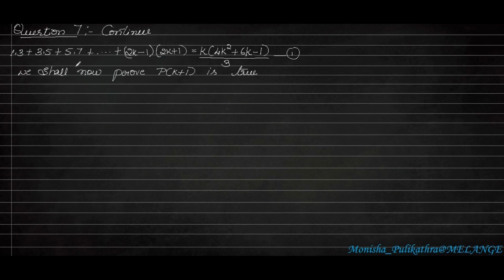So let us continue question 7. Equation 1 I have written one more time. Now we have to prove P of k plus 1 is true. If we take P of k plus 1 as true, then in the equation, by the consecutive terms, first we need to write this. So P of k plus 1, we have to write it as the next term. Before writing the next consecutive term, we have to write the first term so that we can equate the whole equation of it. So 2k minus 1 and 2k plus 1.